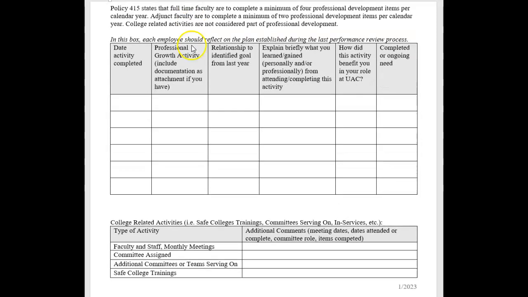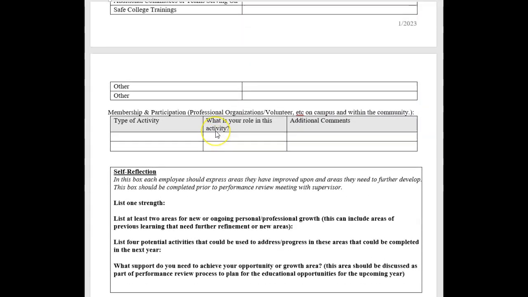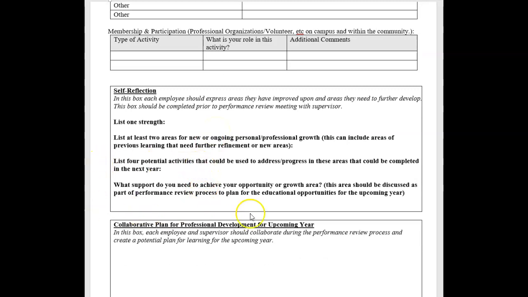So then these activities that you're listing here would be potentially in 2022 if you plan to undertake these in the fall, or 2023 for this year in the fall, or they could be for 2024 because our performance reviews really go through an academic year.